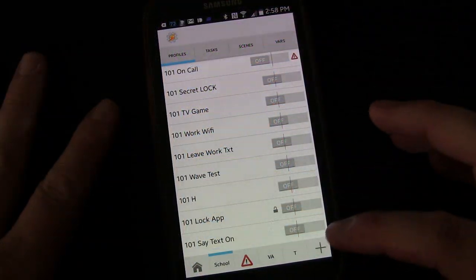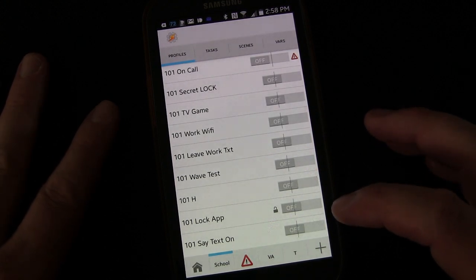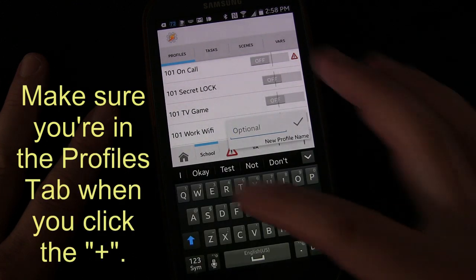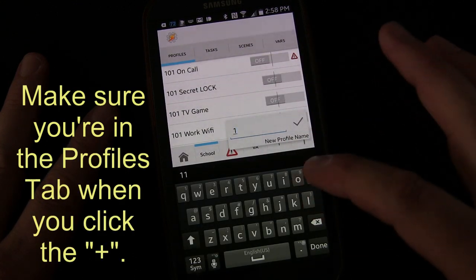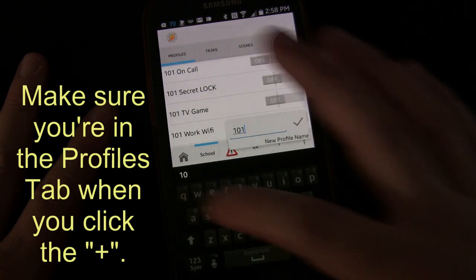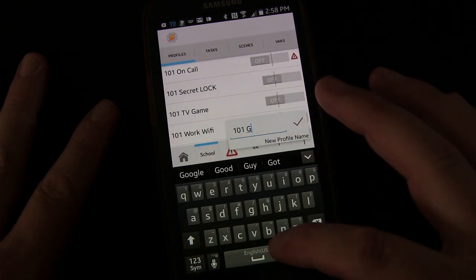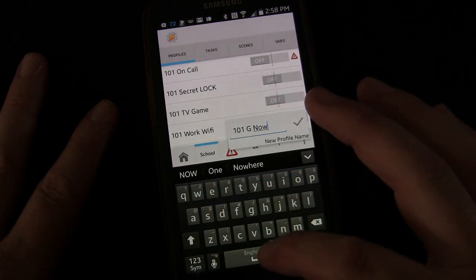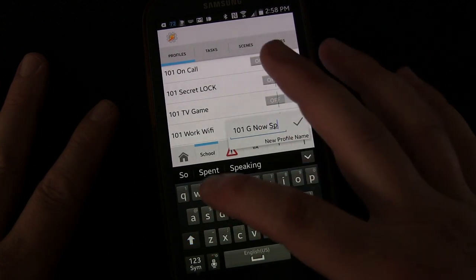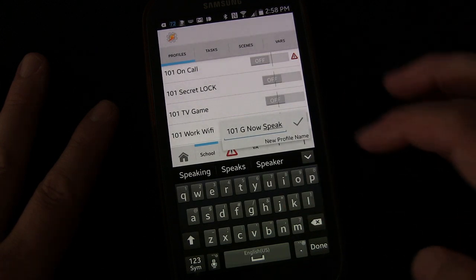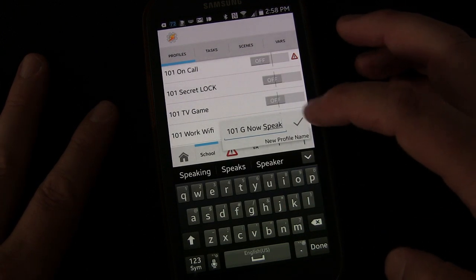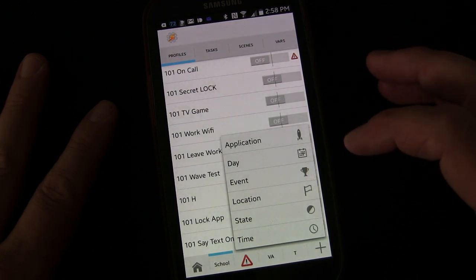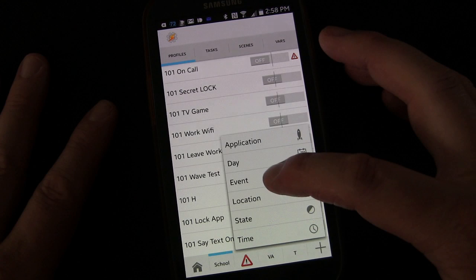Okay, so this is a fairly easy profile to build, and we're going to start by clicking the plus sign. We're going to name it 101 Google Now Speak. Again, of course you can name this anything you want to, but that's what I'm naming it. And for our profile trigger, we're going to select event,